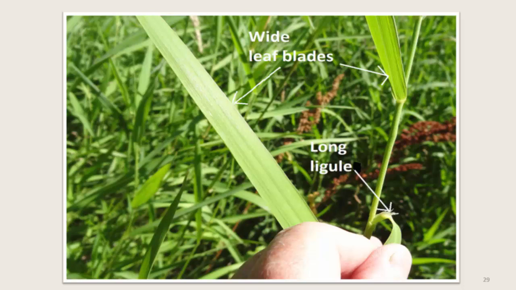However, be sure to use leaves on plants that have been growing for a few months to use this test. The second thing to look for is the presence of a very large, and what I mean by that is about 1/4 of an inch long, ligule. Ligules are whitish membranes on the leaf where the leaf blade is attached to the stem. You can see it easier on the leaf when you pull the leaf back away from the stem. Most other grasses don't have a ligule that is as long as that.